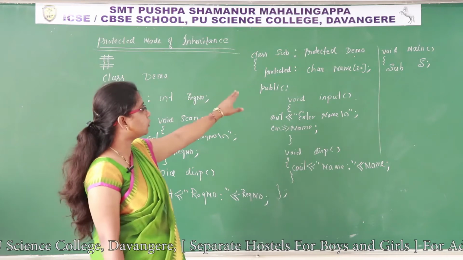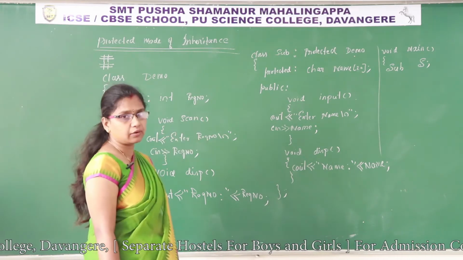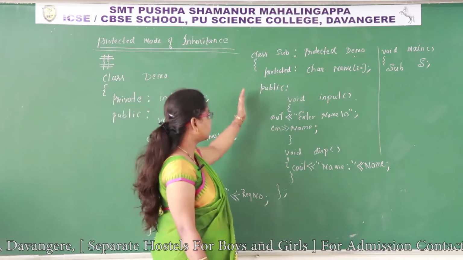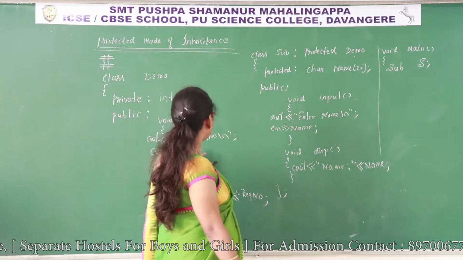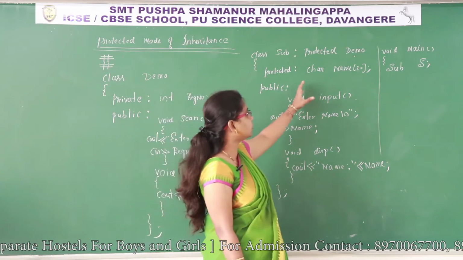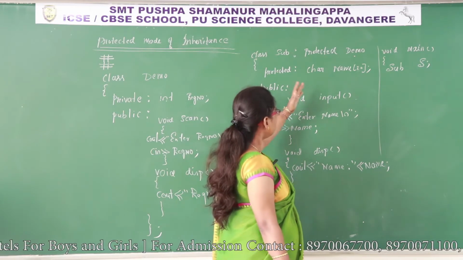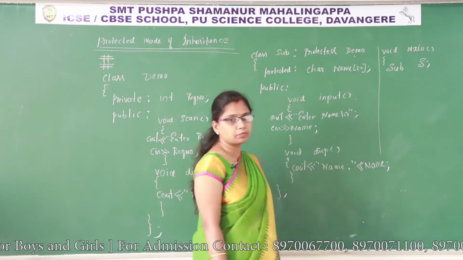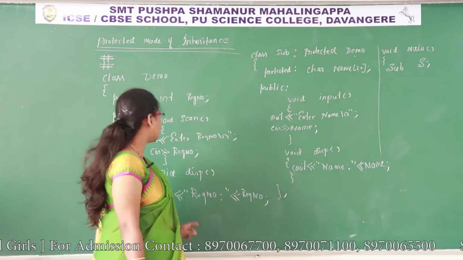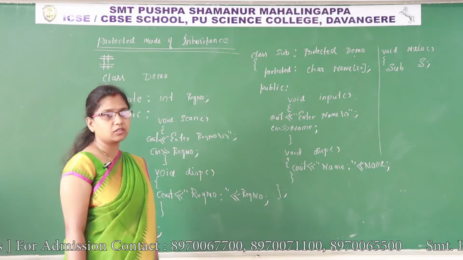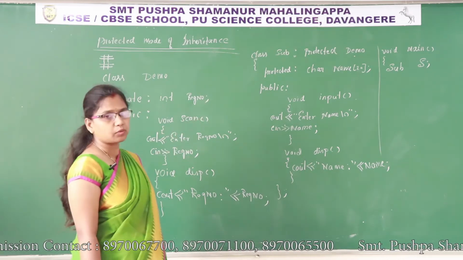They have come to the protected section of the derived class. Now you have to concentrate on the derived class. You leave the base class. Already these two member functions are inherited to this class and they are in the protected section. Now let us concentrate on the subclass. This is the derived class. Execute this function, the scan function. Right now where is the scan function? Scan function is inherited to the protected section.